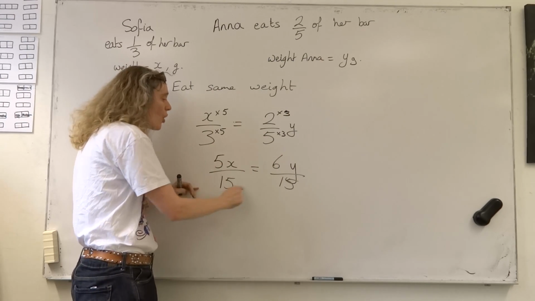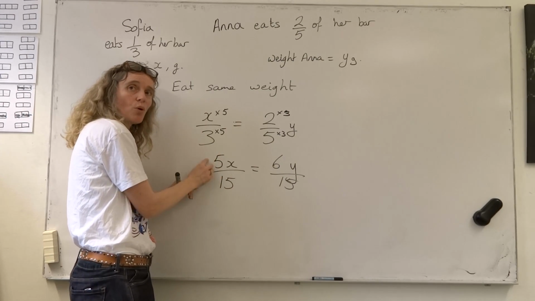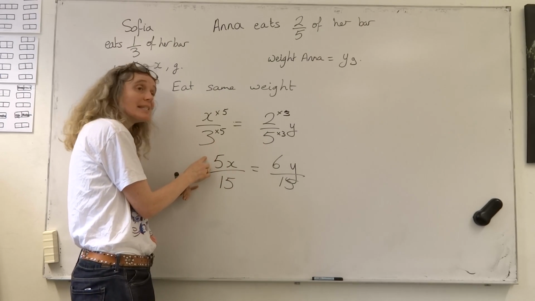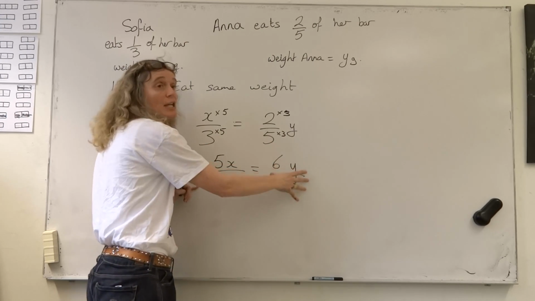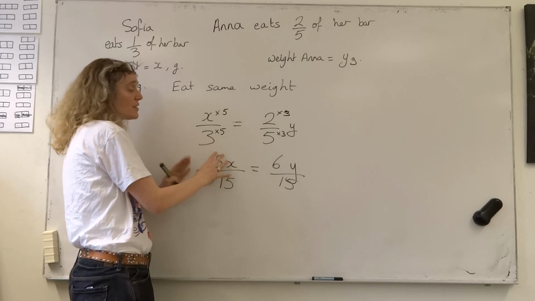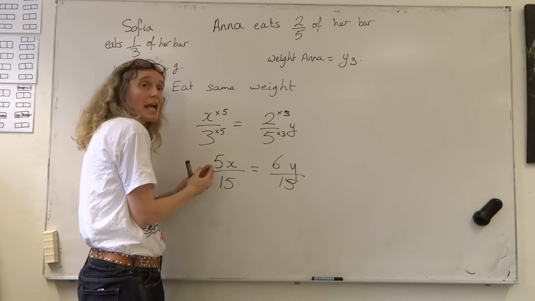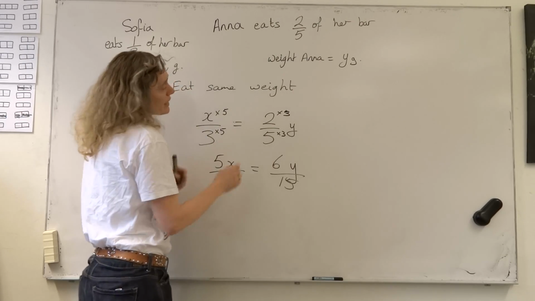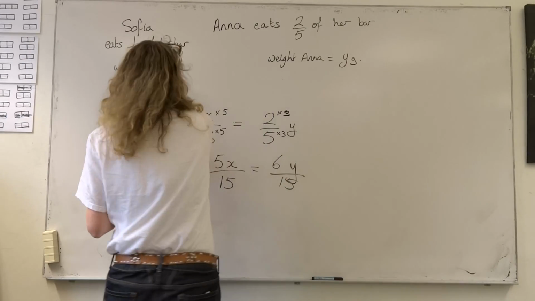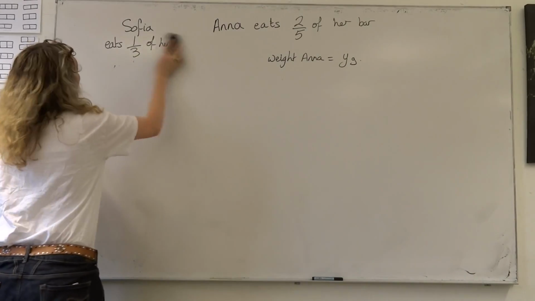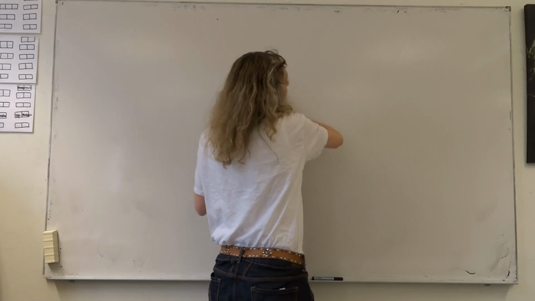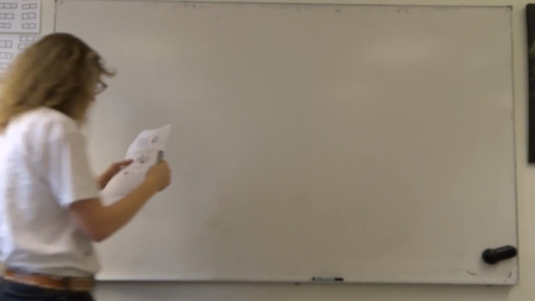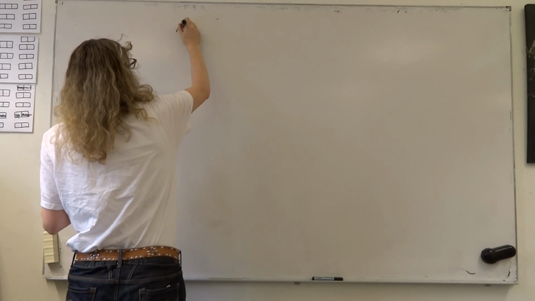So again, this is showing you, as long as you understand that the smaller fraction here is resulting in the larger chocolate bar, because she's eating less chocolate to get the same amount. So 5/15 of a big bar of chocolate is giving her the same amount of chocolate as 6/15 of a smaller bar of chocolate. So there's a few different ways, and you can choose whichever way you feel suits your way of thinking best. I'm sure there's even more for that one, but they were the ones we came up with. Now we have 2 hearts,